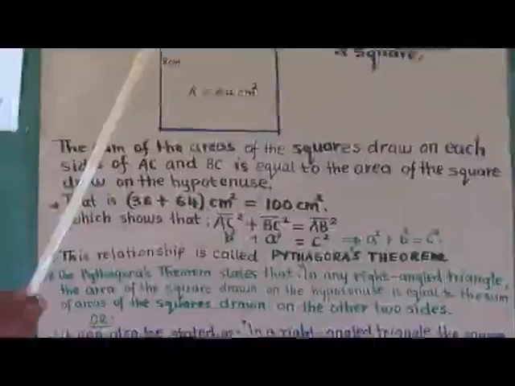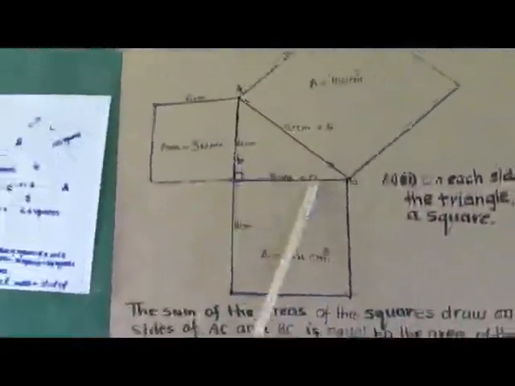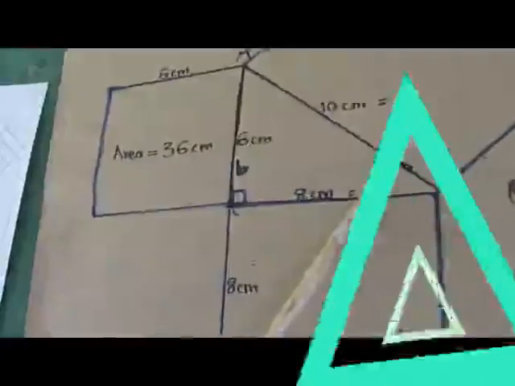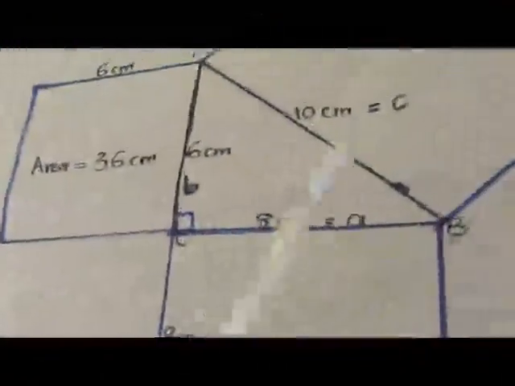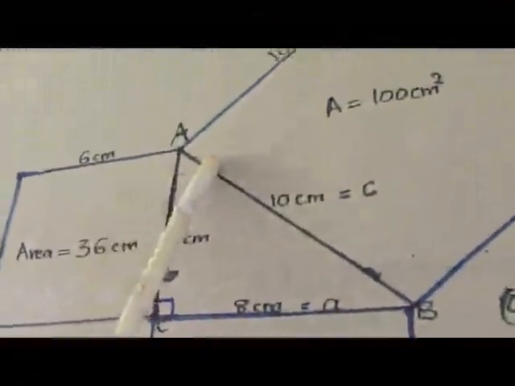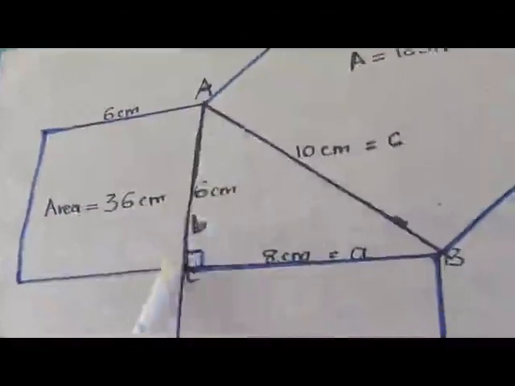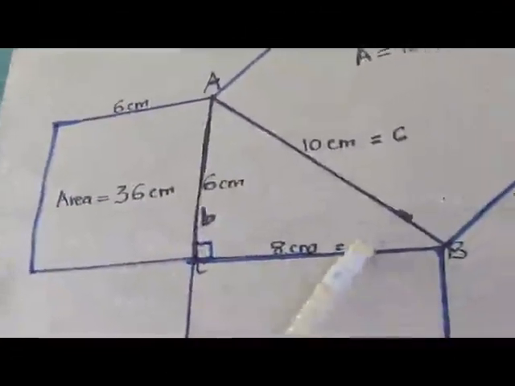This also shows that AC is equal to b. There is a small letter b here and there is an A here. Where did these letters come from? This A here, the base of the triangle, the side BC, is opposite to angle A. So angle A is opposite to this side here. We name it side a.